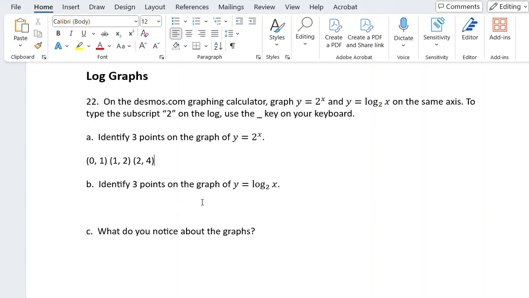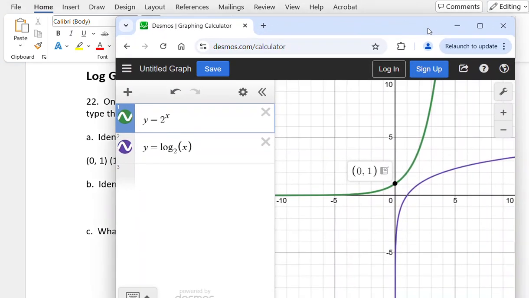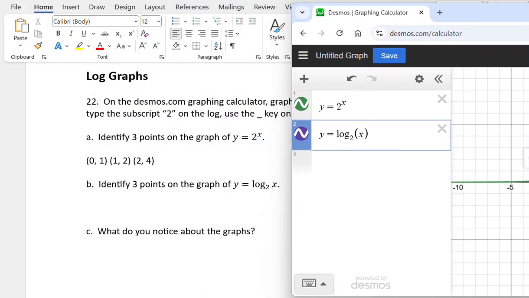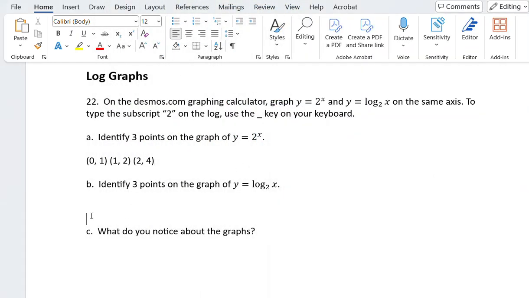Now we want to identify 3 points on the graph of y equals log base 2 of x. So this is my purple graph. I see that I have a point at 1, 0. I have another point at 2, 1, right there. And then I have another point at 4, 2. So 1, 0, 2, 1,